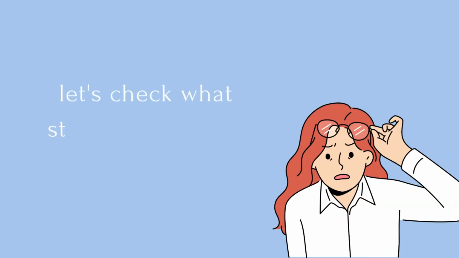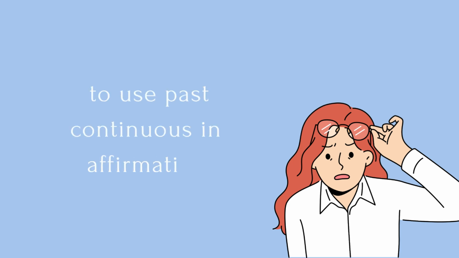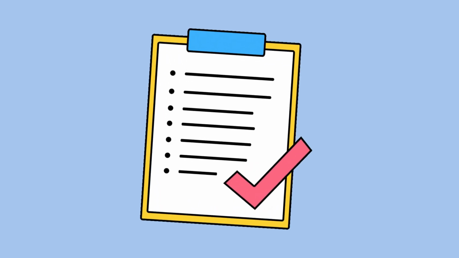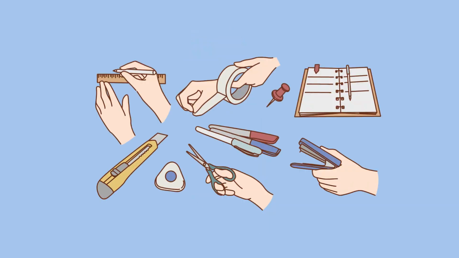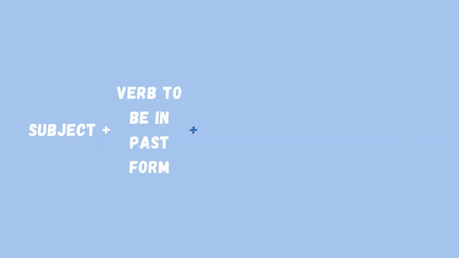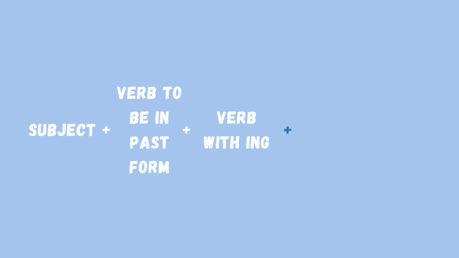Great, so now let's check what structure we have to follow to use past continuous in the affirmative form correctly. The first aspect is the subject. Remember, it is any person, animal, object, or situation acting, plus the auxiliary verb to be in past form: was or were, plus the main verb with the ing, plus the complement, any extra information that brings